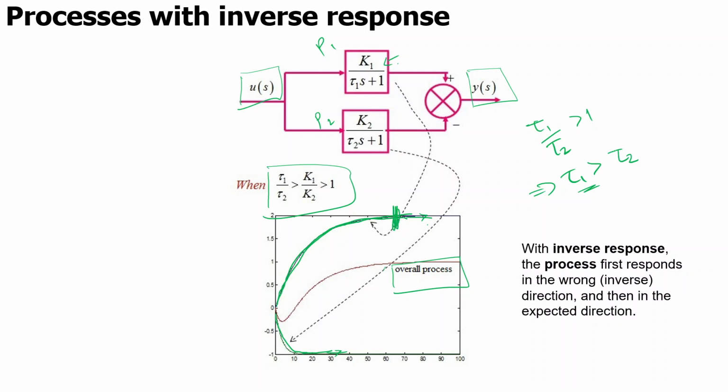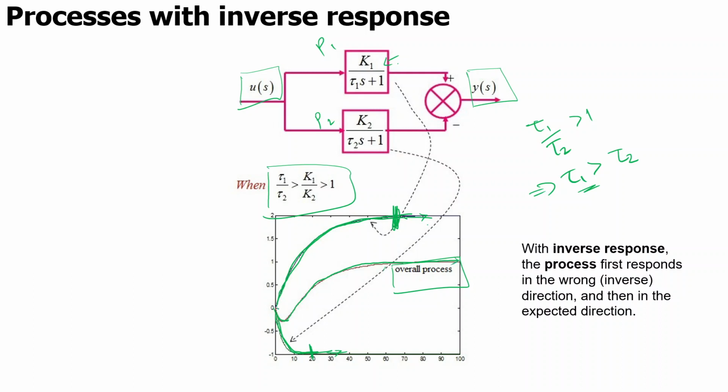Whereas for the second process, the time constant is less, so the system will achieve stability very fast as compared to the first process. Over here, we can see that the response or the output will become stable somewhere over here, but that is at a shorter time as compared to process 1. So if we take a resultant of both of these processes, since the time constant for this process is very less as compared to the one below, initially we will see a decrease in the output, and then ultimately this process will dominate,